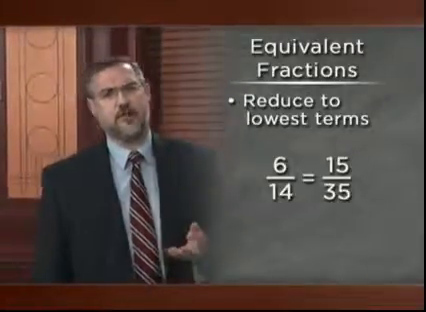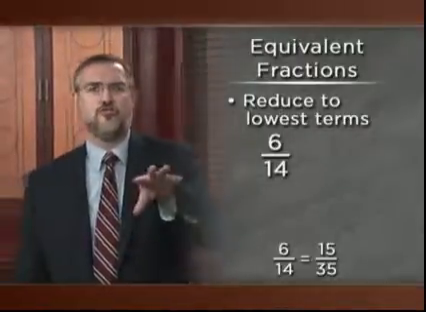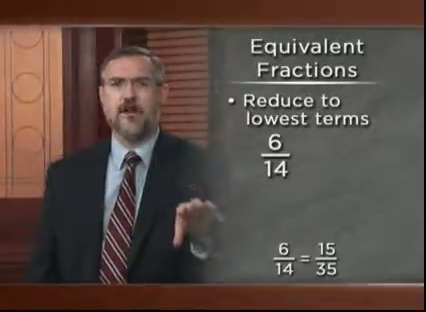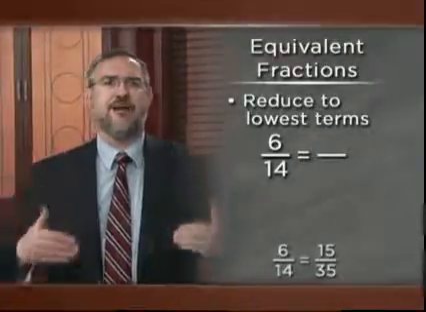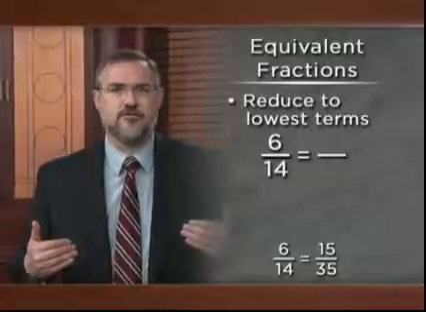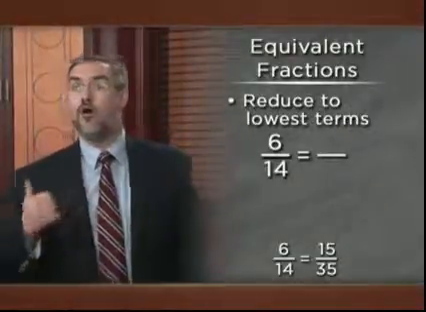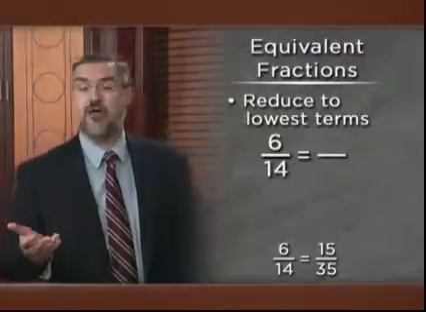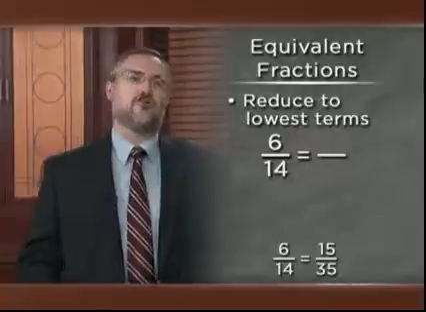Let's start with the fraction 6 over 14, and let's reduce it down to its equivalent fraction in reduced terms. That means that we need to start dividing out the common factors, the factors that 6 and 14 share. So, what factor do 6 and 14 both have in common? Well, they're both even, right? So they must both